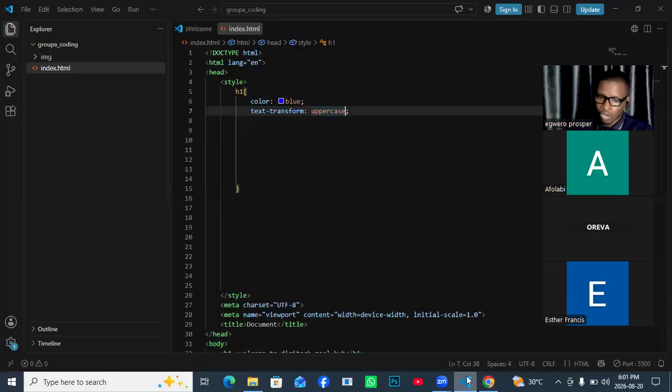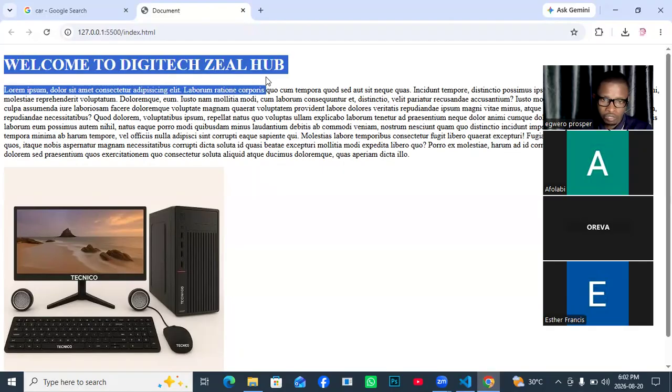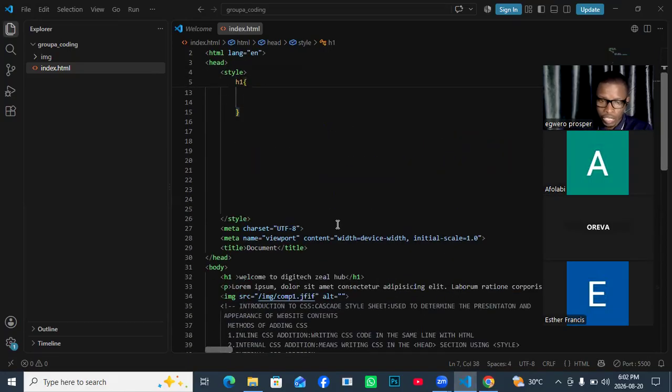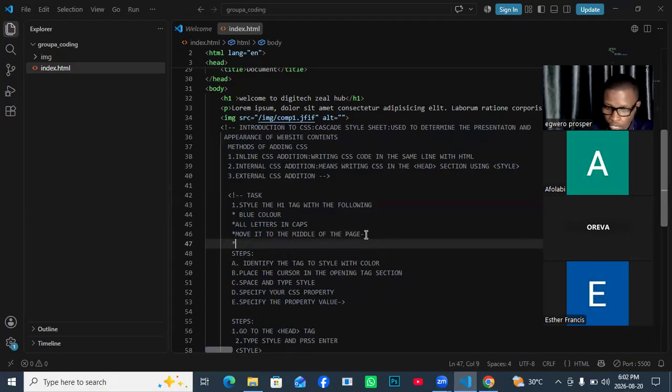Now, I'll go back again. What is the third thing we want to achieve? The third thing we want to achieve is we want to move it to the middle. That is what we want the whole of this text to be moved towards the center of the page. All right. But before that, I want to chip in. I want to add to it. I want to add the